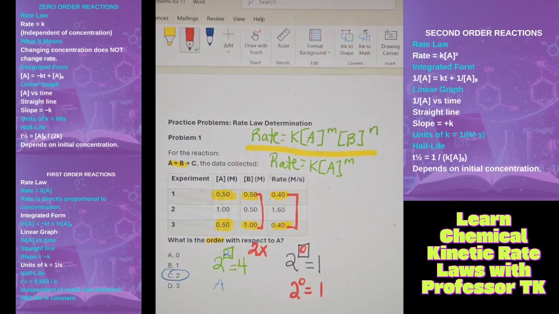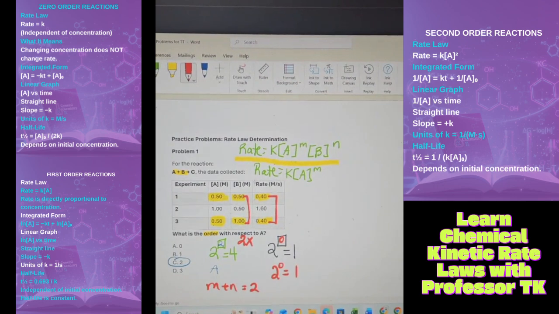Now, what I need to actually tell you though is that when you look at the units, they will tell you the story in terms of what you're working with. So if you noticed here that the overall order is M plus N, which equals 2, then that means you will not include B in your final